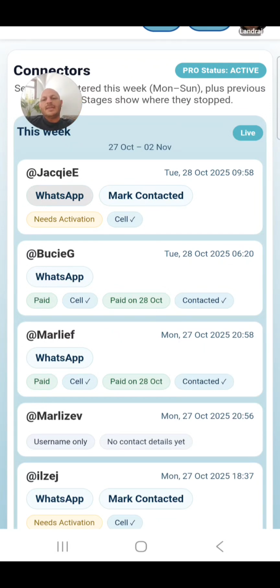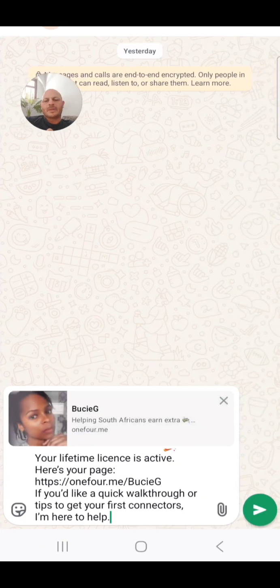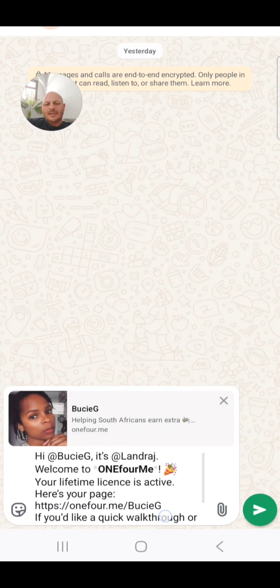Then we have the WhatsApp button for those who have already paid. Basically, this is just to say, hey, welcome. Let me show you what it says. There you can see. It says, hey Bootsy G, it's Landra J, it uses your usernames. Welcome to One For Me.